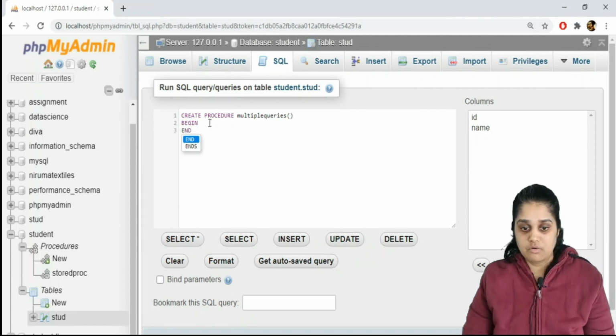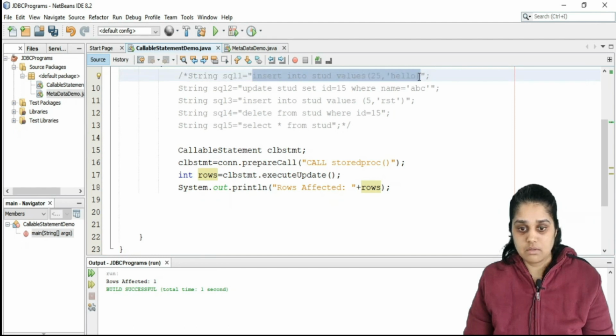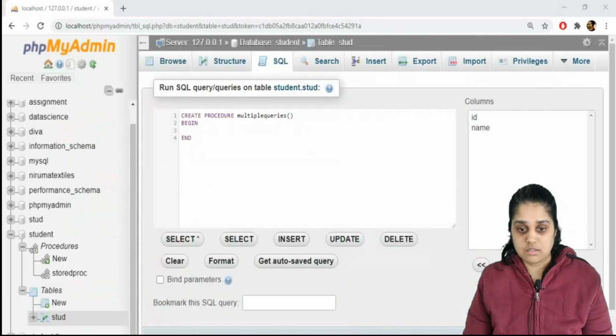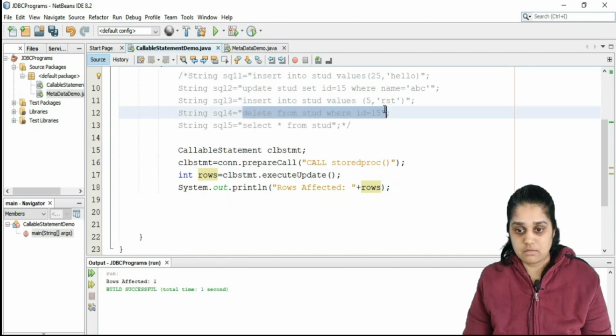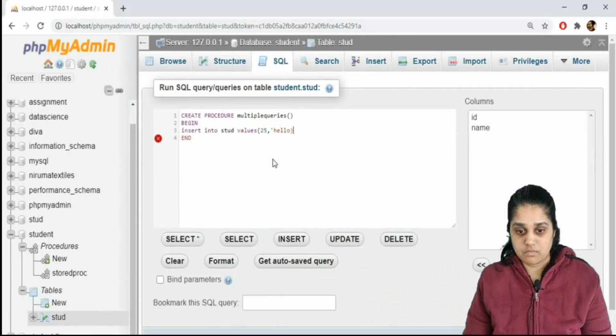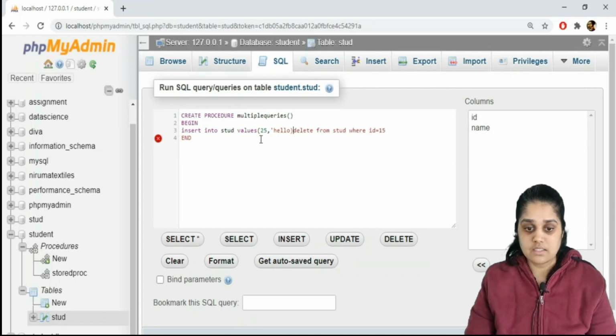Okay, we will write 2 queries here. The first one will be inserting and the next one will be deleting. So we are inserting as well as deleting.